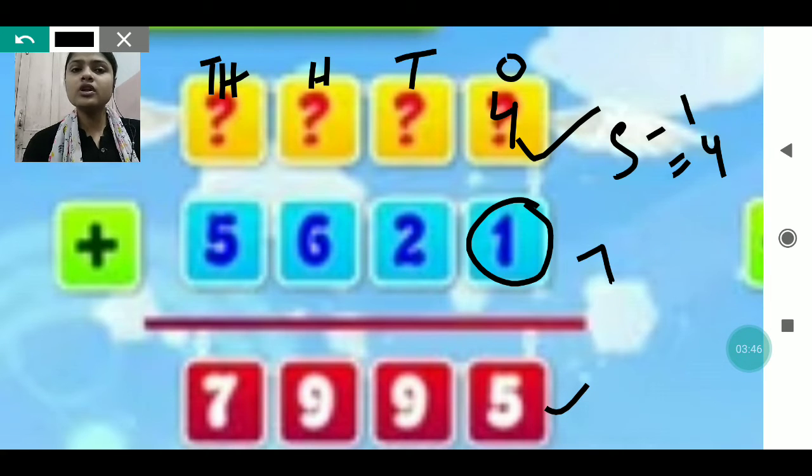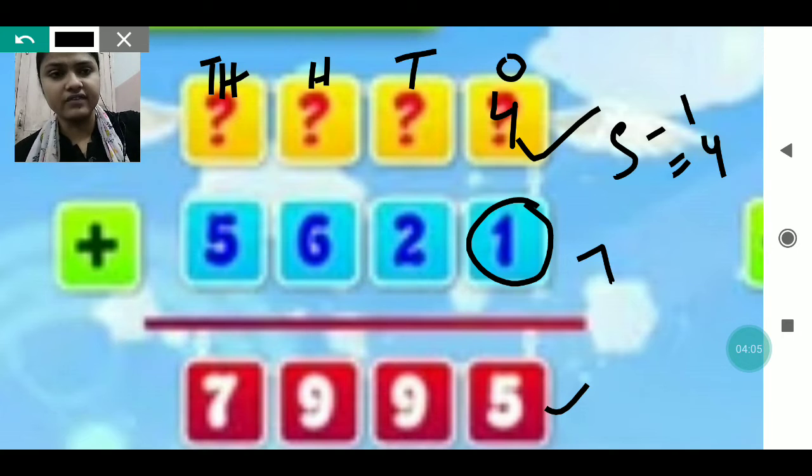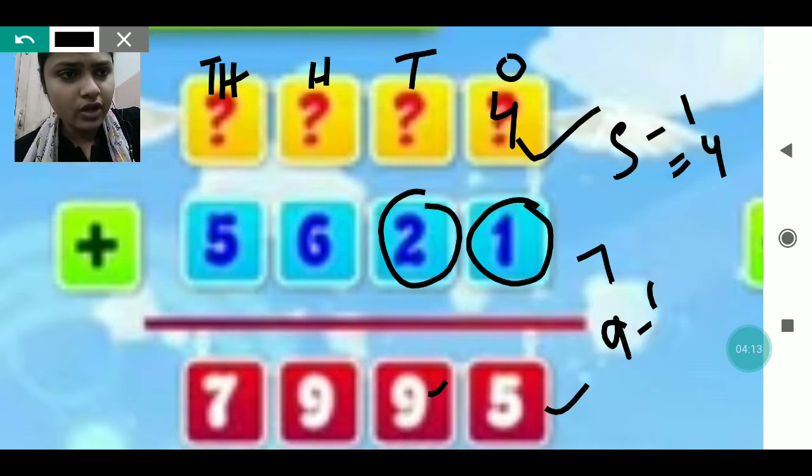Because we already know the total and we have one addend in the addend column, we have to subtract. From the total we will subtract the addend and we will get the second addend, if the first is given. In the same way, 9 is there in the sum, the total one. So what will you do? 9 minus 2. What will you get? 9 minus 2, you will get 7.